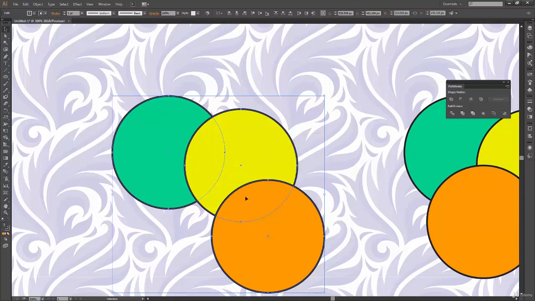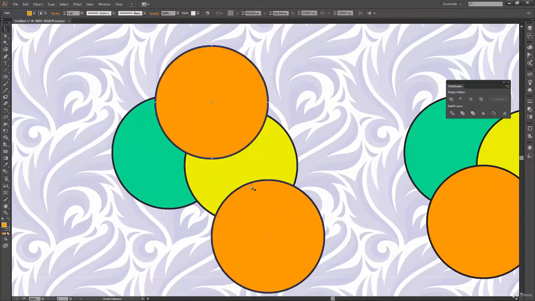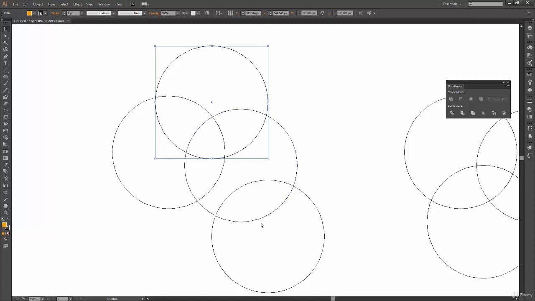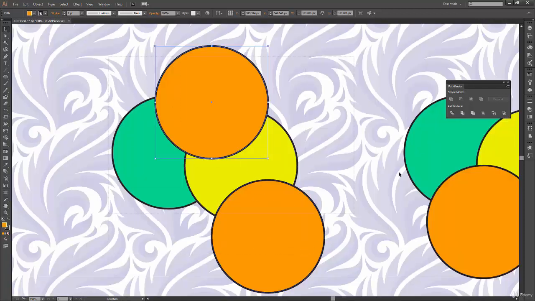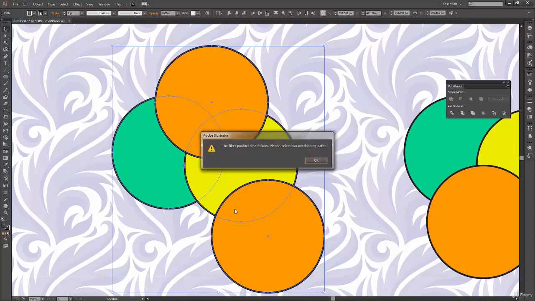If we have multiple shapes selected together, you need to have some kind of overlapping between all these shapes. Let's say we have this fourth shape over here, and yes, there is overlapping between these three shapes, but the fourth one is not overlapping. Again we select these four shapes and use intersect, and it shows the same error.